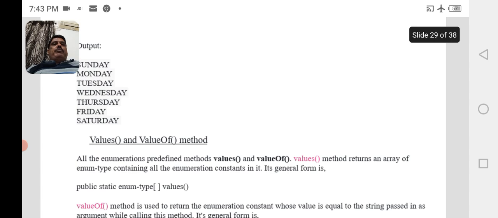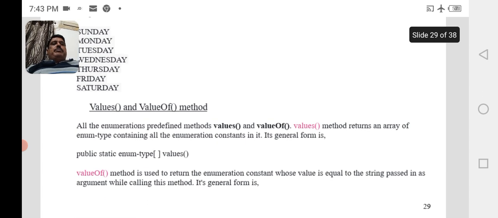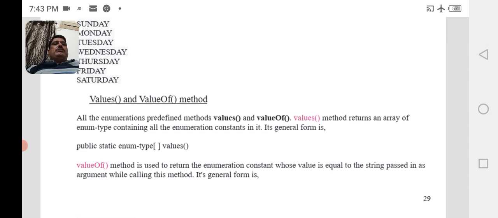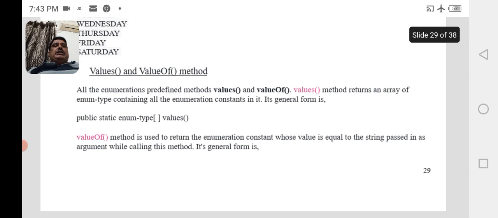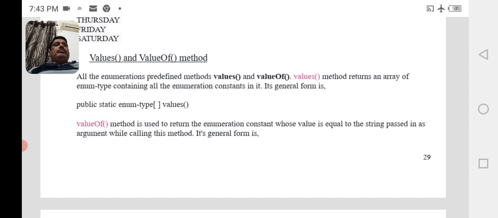Values and valueOf methods. These are predefined methods of enumerations. The values method returns an array of enum type containing all the enumeration constants in it. Its general form is public static enum type values. The valueOf method is used to return the enumeration constant whose value is equal to the string passed as an argument while calling this method.